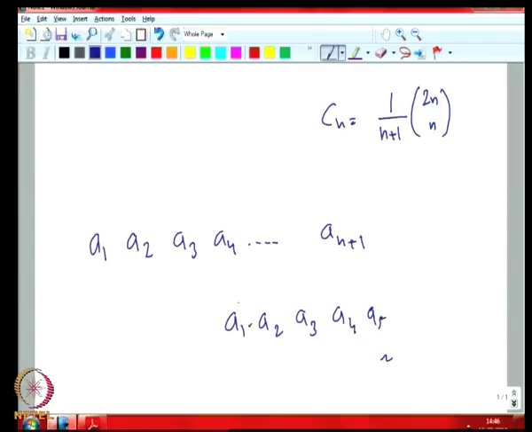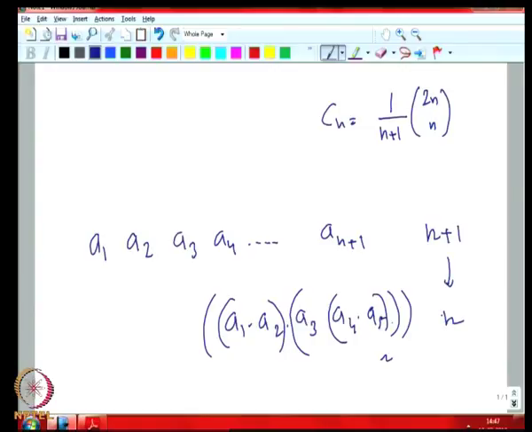You may multiply these two together first, then multiply these two together, then multiply this and this, and finally this and this. So how many pairs for 5 numbers? 1, 2, 3, 4. So for n plus 1 numbers, we will need n pairs of parentheses